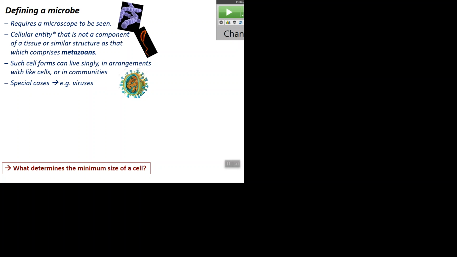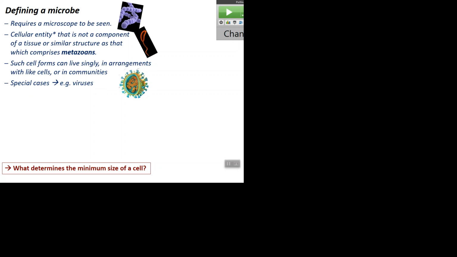But you can have very tiny metazoans. We are metazoans. Metazoans are multicellular types. Even those can be rather tiny, and in some cases you may need a microscope. But generally, the term microbe is reserved for microorganisms that can have certain shapes and arrangements. Think of streptococci, or cocci in chains. They typically are single units, or they can have arrangements. They are basically cells for the most part.